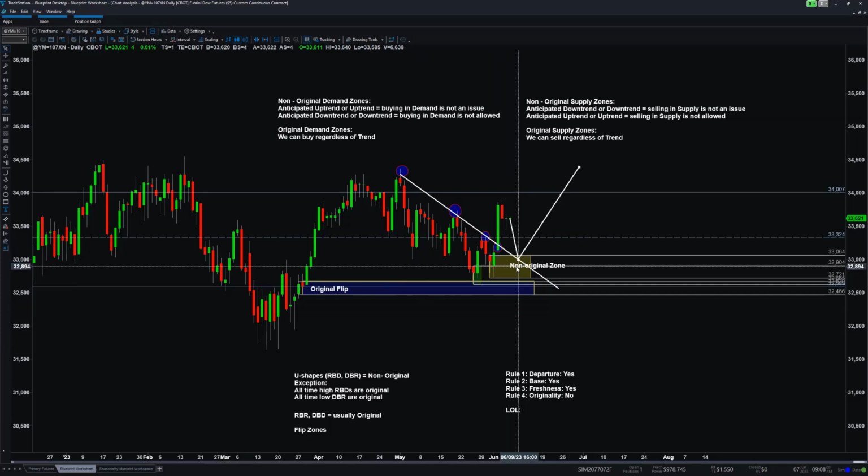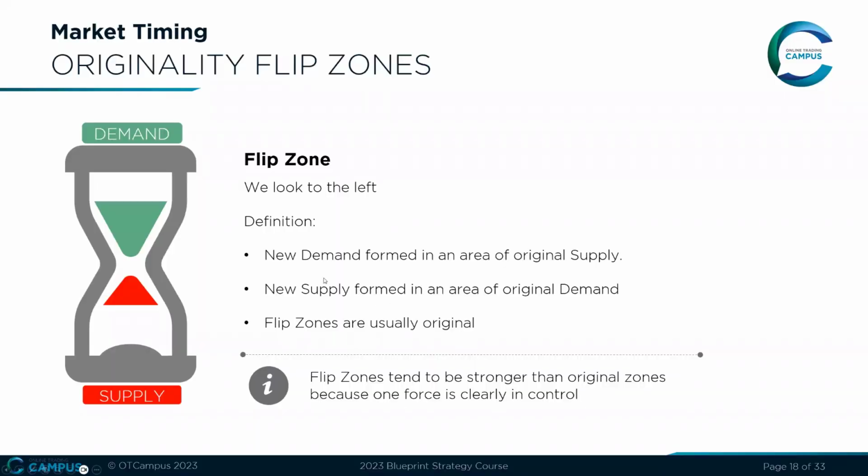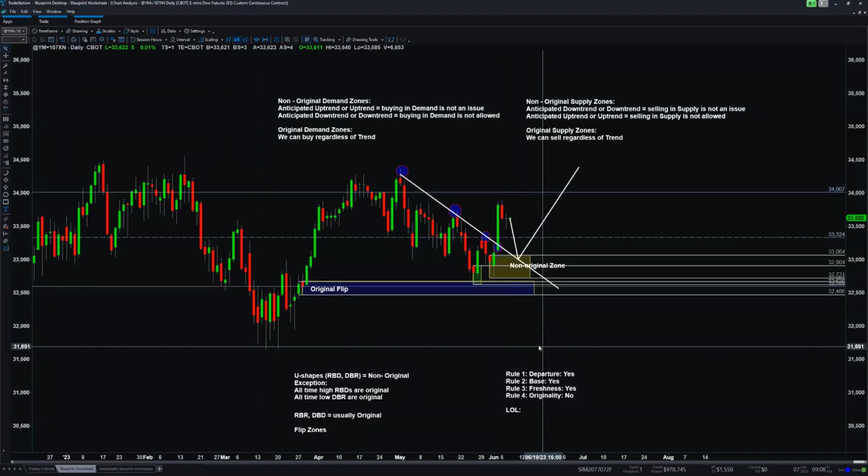Who is the stronger hand at the moment? Are the sellers the stronger hand, or are the buyers the stronger hand? Now, the area where that flips from the buyers being in control to the sellers being in control, or vice versa, these are flip zones. Now, flip zones can be non-original and they can be original. The textbook understanding would be that flip zones can only be original, right? That's the easy understanding of what a flip zone is. The more advanced understanding of what a flip zone is